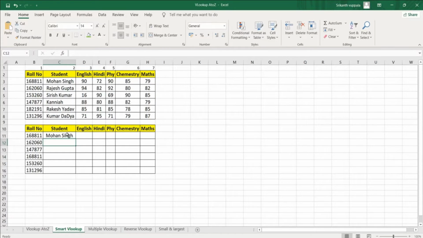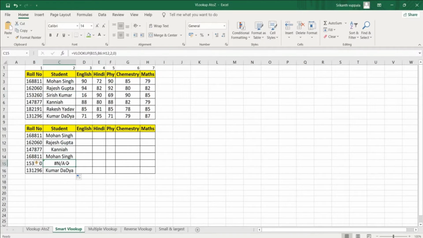So if I drag this to all the cells, let's see what will happen. See, I have dragged the formula to all my remaining cells. I see there is something wrong here, right? For the roll number 260, there is a name called Sirish Kumar, but my formula is not pulling up the name here.